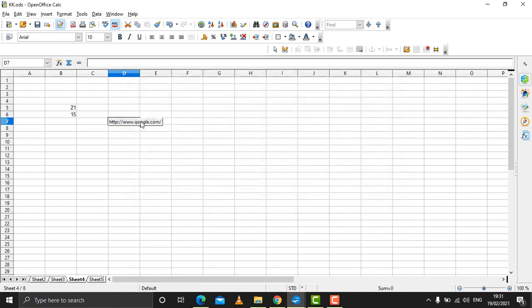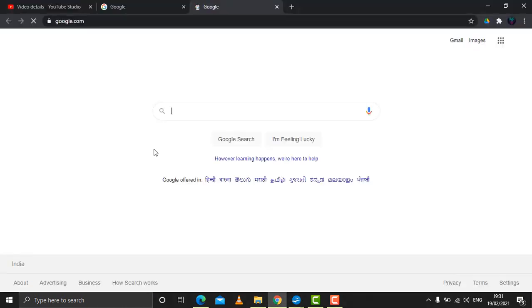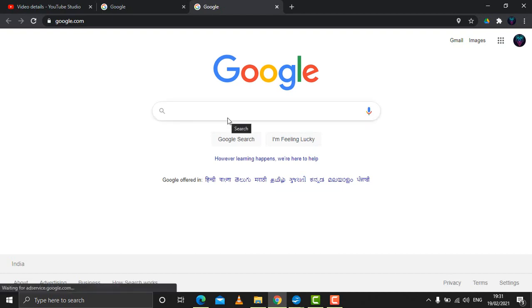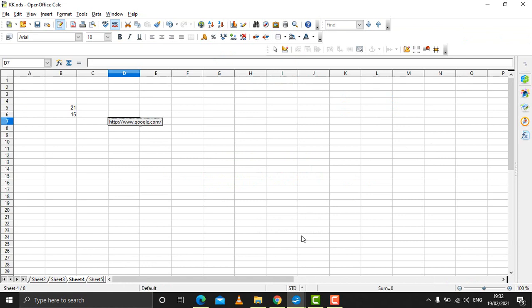So here the button is created, and as I click on this button, it will divert to a browser and Google will open up. You can see I have clicked, the browser opens up, and if your system is connected to the internet, Google will open up, meaning the page which you have added there will open up. So this is how you can link to a browser to open a particular page.